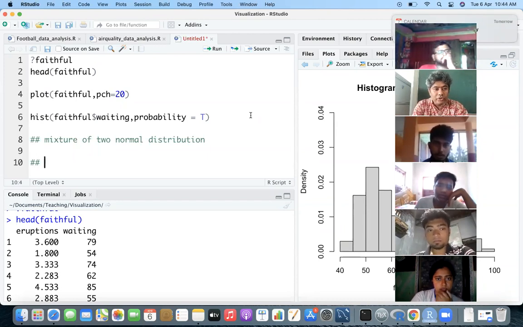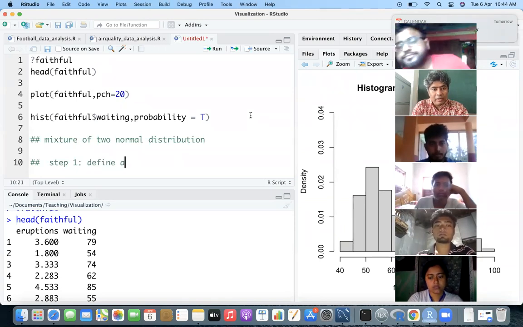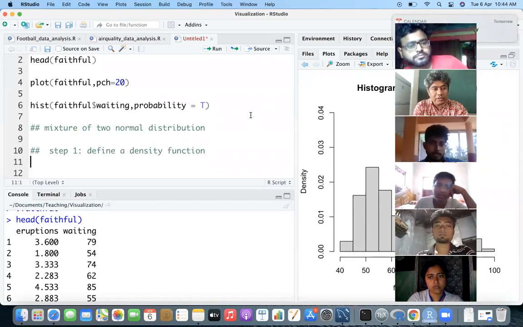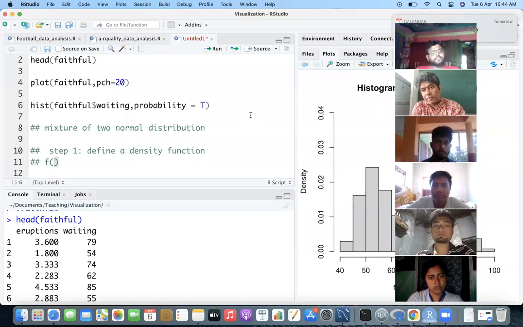So first thing you have to show, say suppose, I have to first define a PDF. Okay. Probability density function. Step 1, define a density function. Okay. So how will I do that? So the first thing I'm going to do is say that the distribution will have a PDF